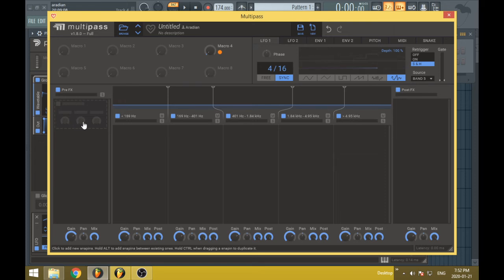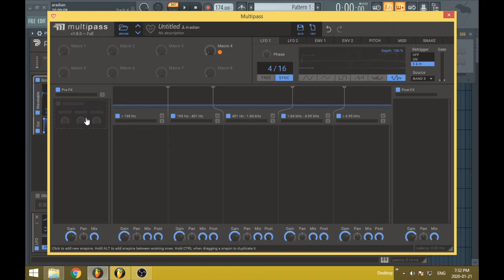Alright, now we get into the meat of things, which are the effects lanes. If you saw the Snap Heap video, or if you've used Snap Heap, it's like 4 lanes, one going into the next. You can do some parallel stuff with the lanes, but that's basically how Snap Heap works. It's 4 of these lanes. Now,